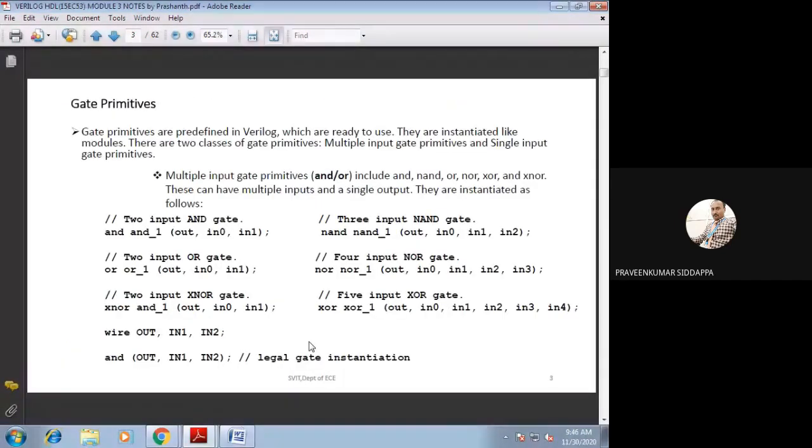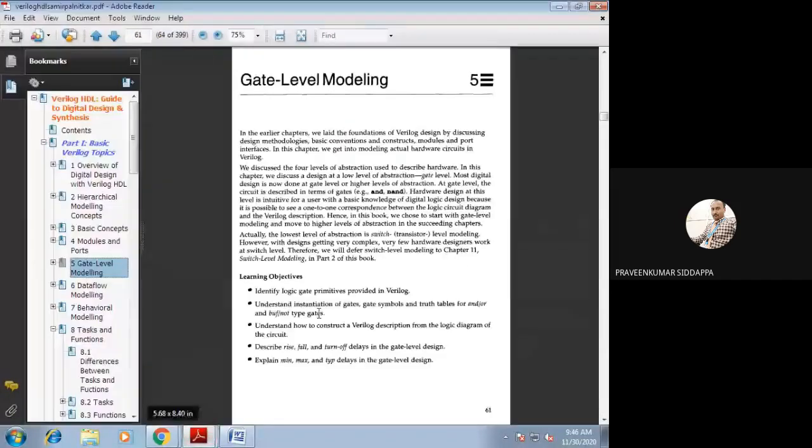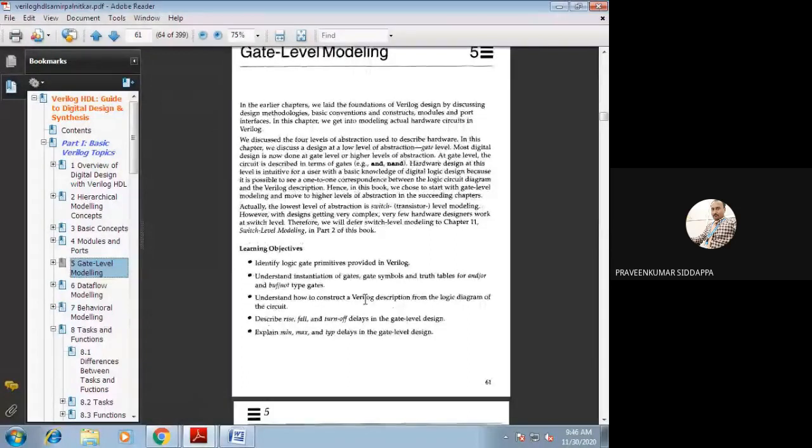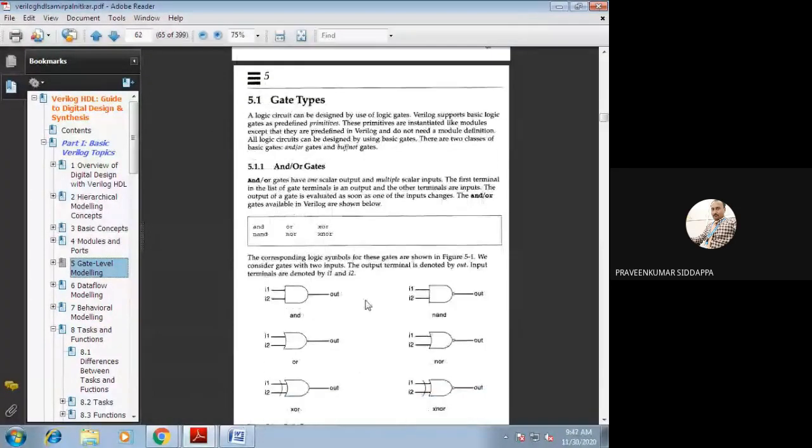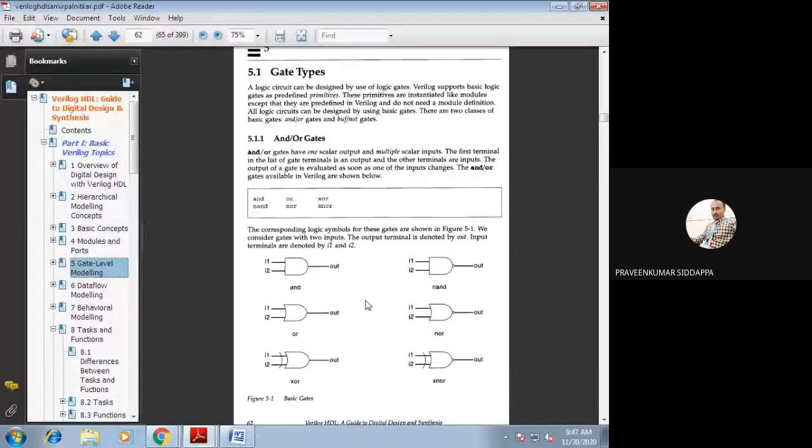These are the gate primitives, and we will study about them. This is what we call gate types, or otherwise gate primitives. By writing code in gate level modeling, we require the gate type. Whichever type of gate you have used in your structural diagram is what we require.